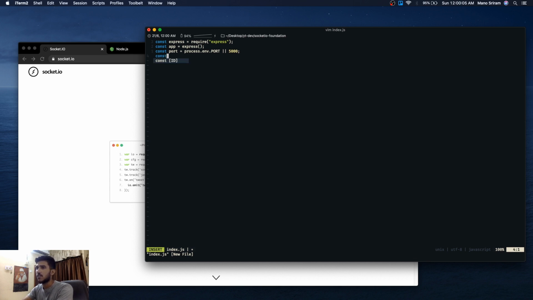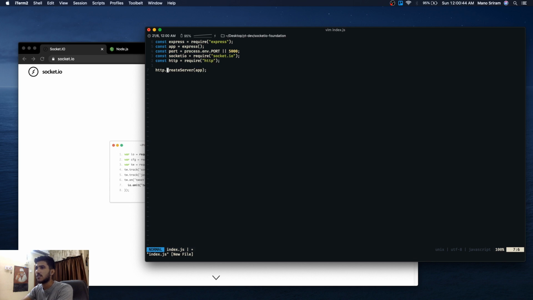And I will also need socket.io, which is the core socket.io module. Another most important thing is that here I will be running the server using the HTTP module and not the usual Express module. So I will need the HTTP core Node.js module. We didn't install that, but it's okay. It's a core Node.js module, so there's no need of installing that. So to create a server, I would do HTTP.createServer of the app. I want to create a server for this app.